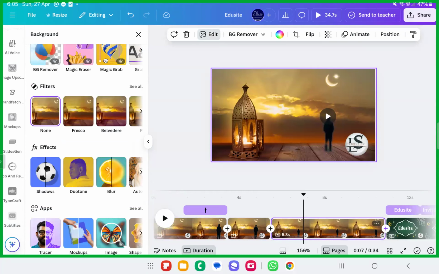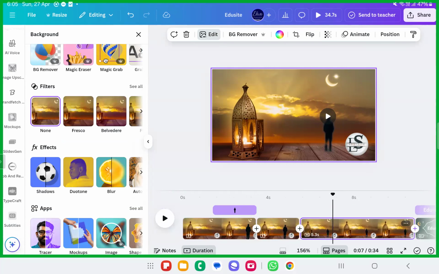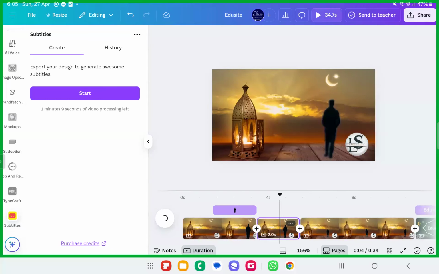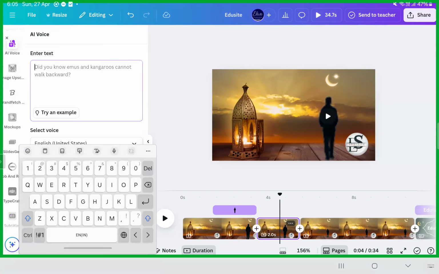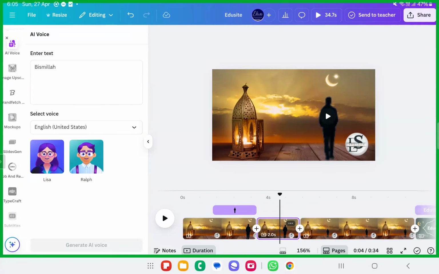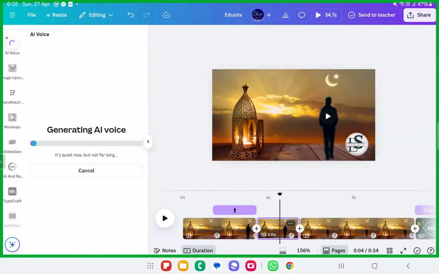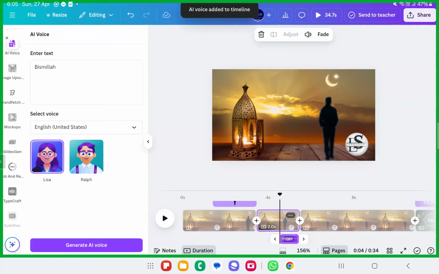You have learned about audio editing. If you are given any audios, for example, there's no audio here, I'll just put an audio. If you are having any AI voices created, I'll just create Bismillah. Let someone say Bismillah and generate an AI voice. It's added here. The AI voice editor is very excellent, sisters and brothers. Try this out. It has said Bismillah here.